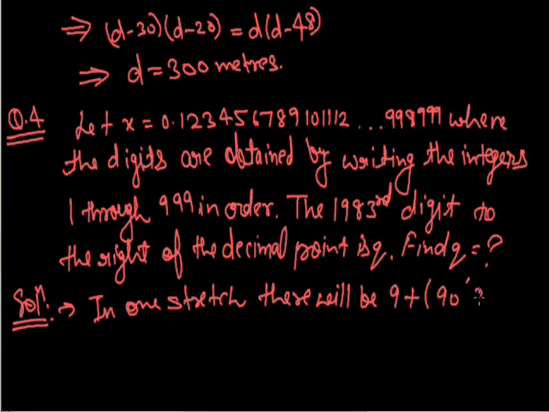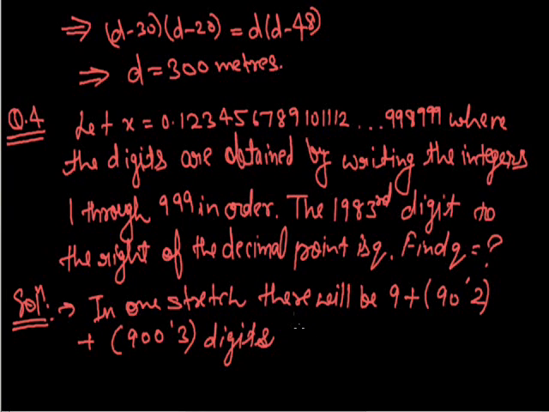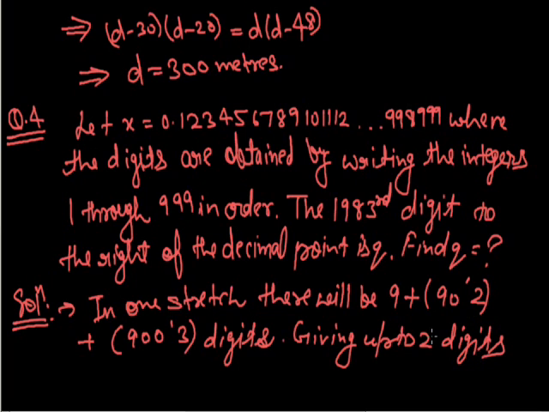So the total number of digits of two digit numbers is 90 into 2, plus 900 numbers having three digits. The total number of digits of three digit numbers is 900 into 3. Total digits are, okay, giving up to two digit numbers,